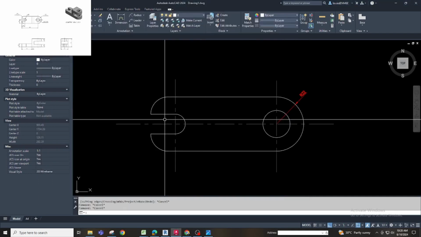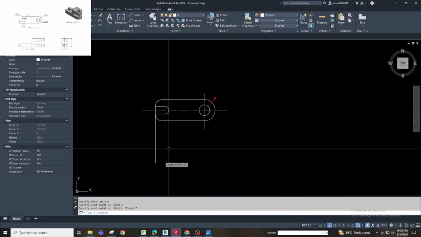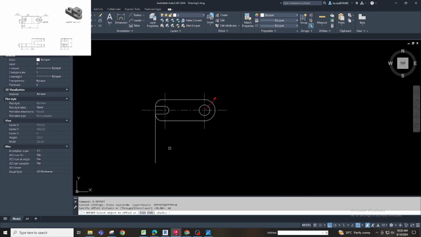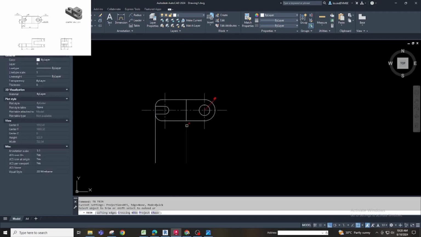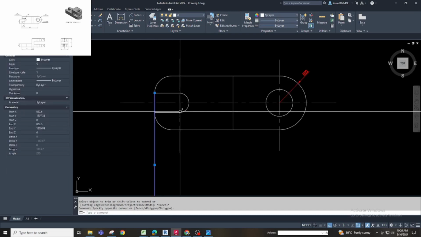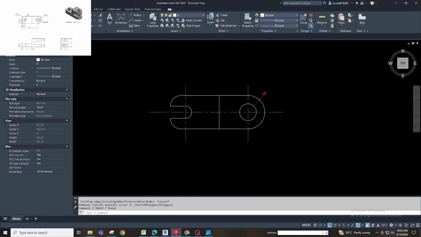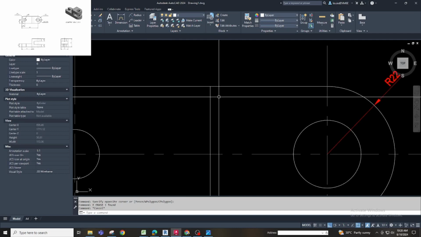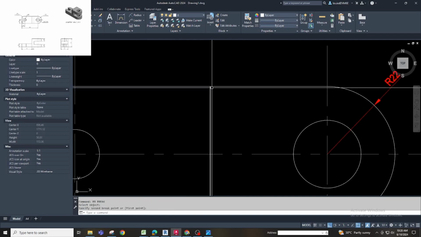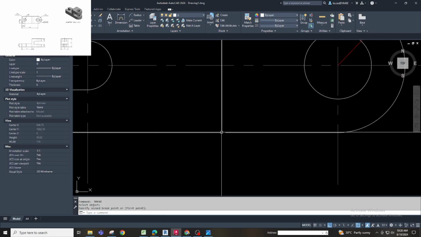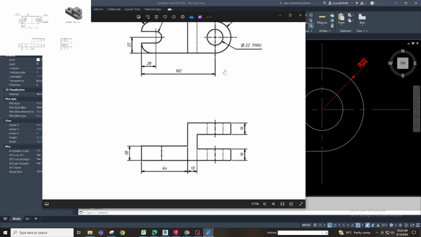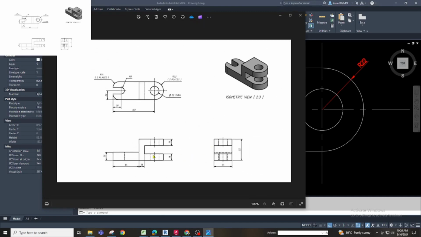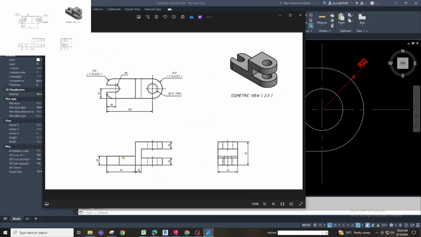I will make this 64, from here to here is 64. That's it. Because this should be separated. We will make it break this one. I think when we model this one, this should be separated from this part to this part.